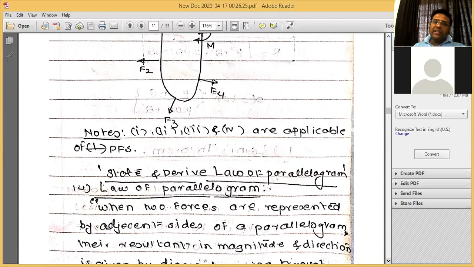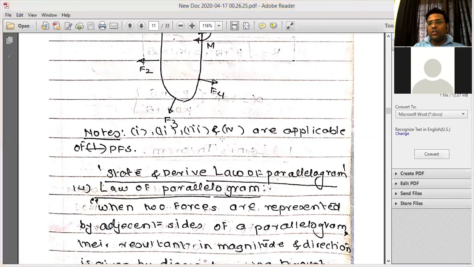If there exist two forces, the resultant can be calculated by using the law of parallelogram, or the resolution of forces can also be done by calculation of R is equal to root of Fx square plus Fy square. You can calculate the resultant. If you want to calculate the resultant of three forces, then we will go with Lami's theorem. If you want to calculate the forces which are more than three, we have to go with the resolution of the force concept.